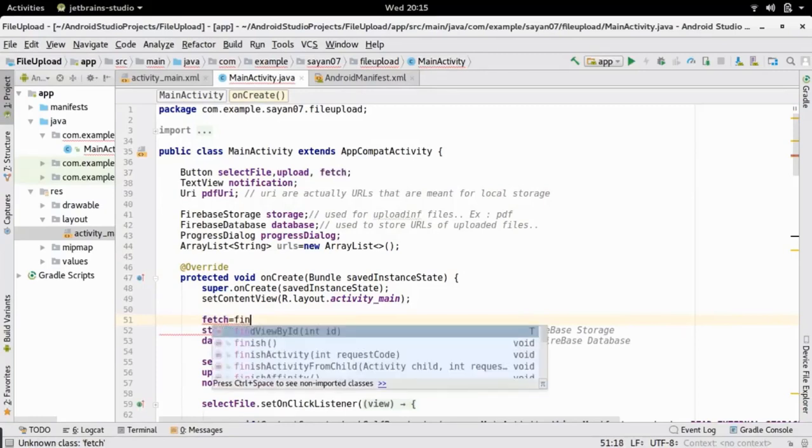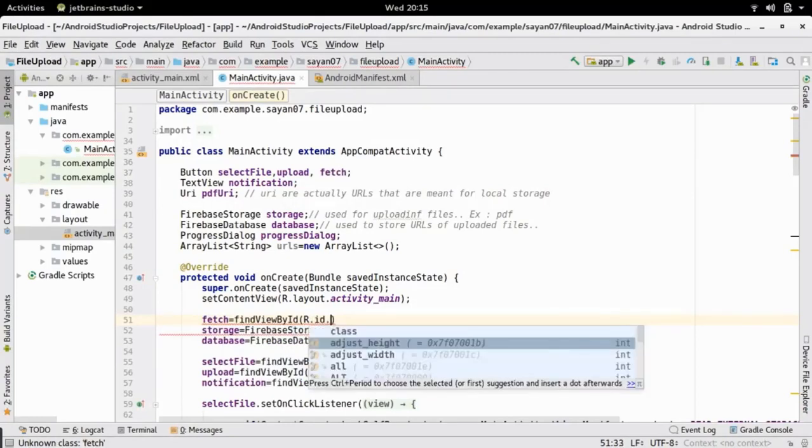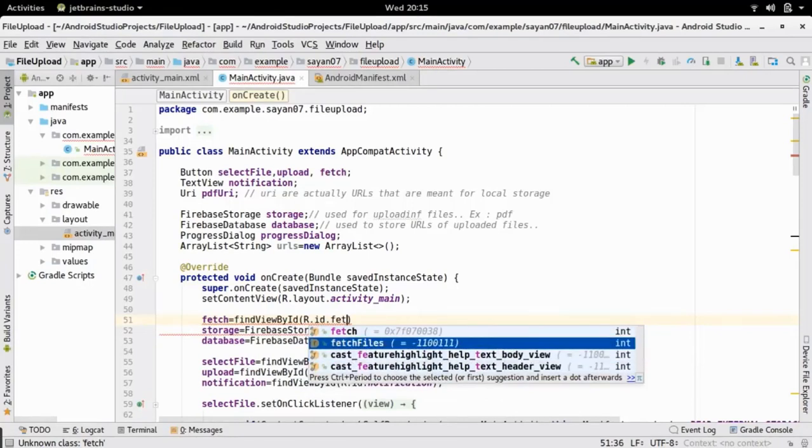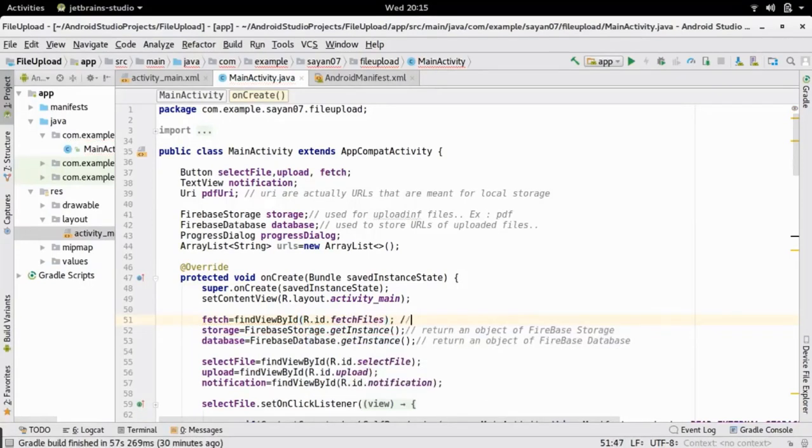Use the findViewById method and provide the ID of the button which we have just written. It was fetch files. In this part an object for that button is successfully created.